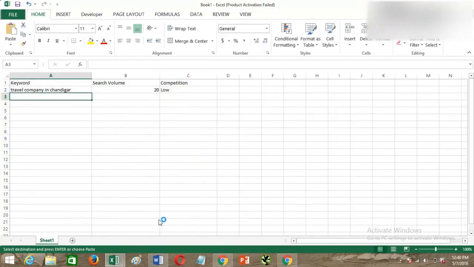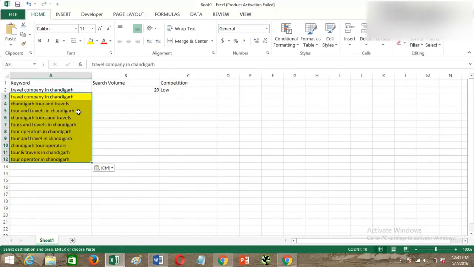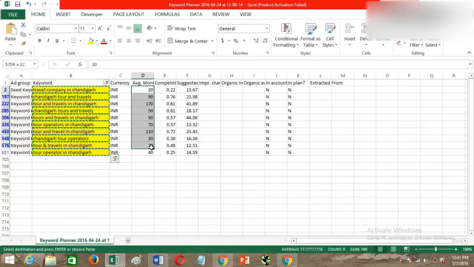I would personally recommend you optimize your website with long tail keywords. And when you are targeting a specific location, or your target audience is based in a specific location, it's always a good idea to target location based keywords and then move ahead with the more generic keywords. So when you are new, obviously go for location based keywords, which contain state, city, and other details. So I'll be pasting those keywords here in my bucket list along with the search volume.